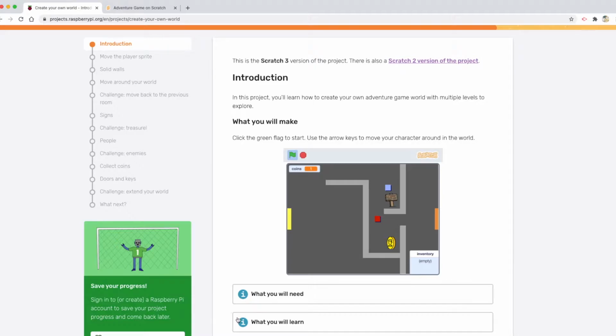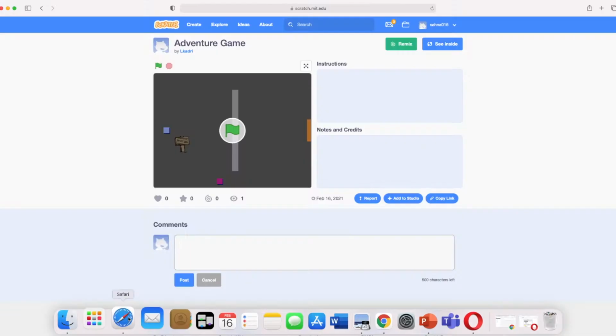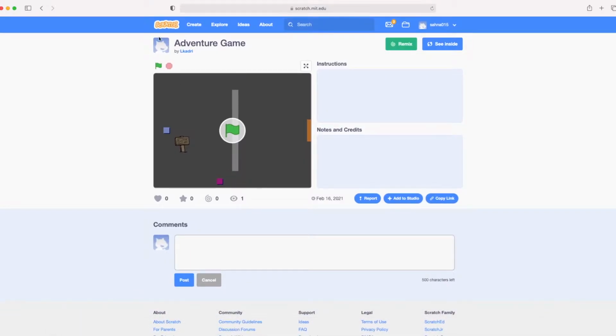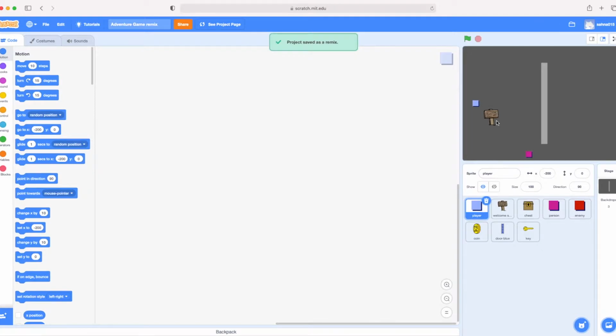On Microsoft Teams, I'm going to share a link with you, and when you click on that link, you're going to see this screen here. So at the top, you can click Remix, and then it's going to open the project page. There's not going to be any code, but it's going to have all the resources that you need to begin